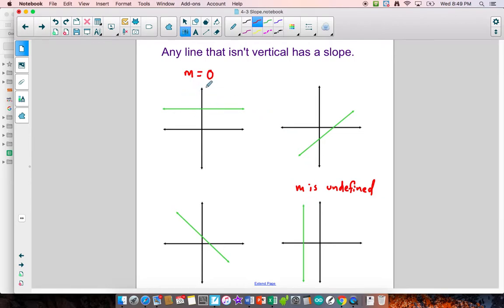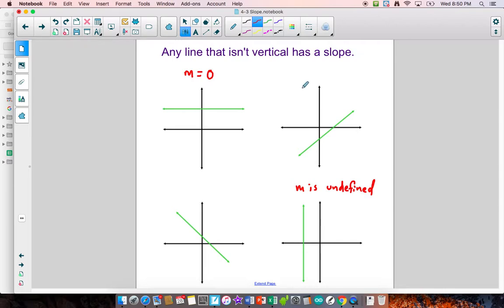You could ride a bicycle on this. It just doesn't have any slope. You could not ride a bicycle on this very successfully. Okay. Slope is also said to be, the direction that it slants is said to be